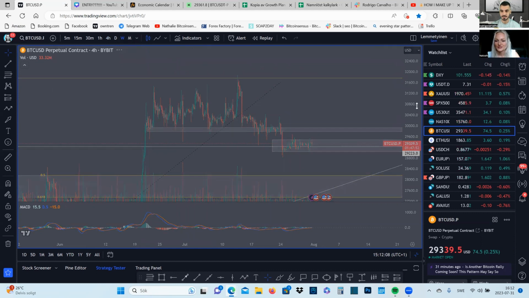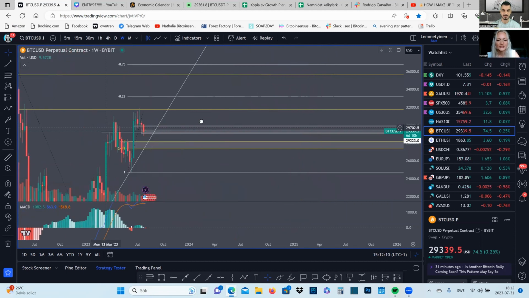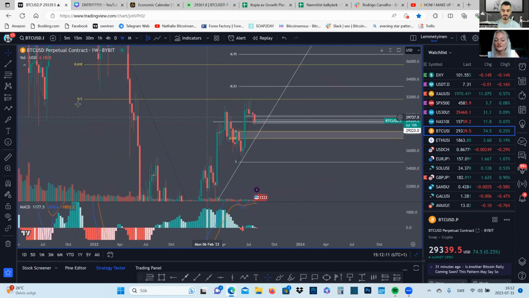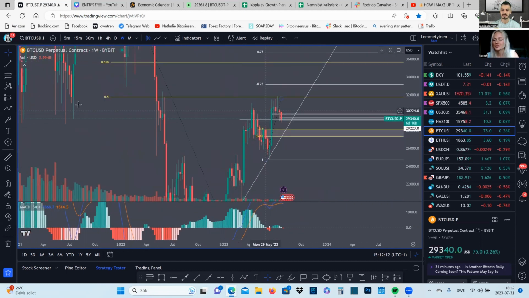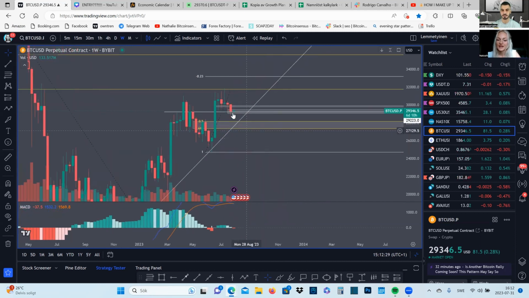So what I do when I try to figure that out, I'm always looking at the higher time frames candlestick. And because we have the rejections from the 50% Fibonacci, which is a very strong zone the market is actually testing, it's hard for the market to break above these levels. It usually tests it first, and then we have a pretty strong drop from it. So I would not be surprised if we see the market actually drop down to test the 50 and the 61.8% once again, if we are failing to